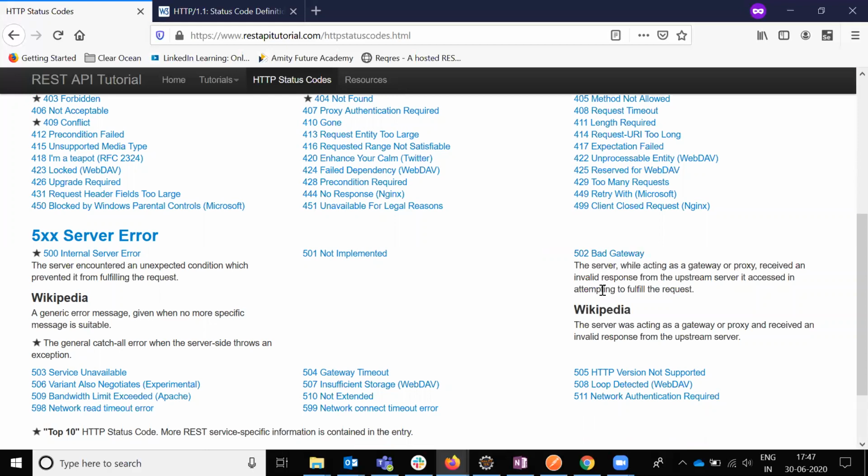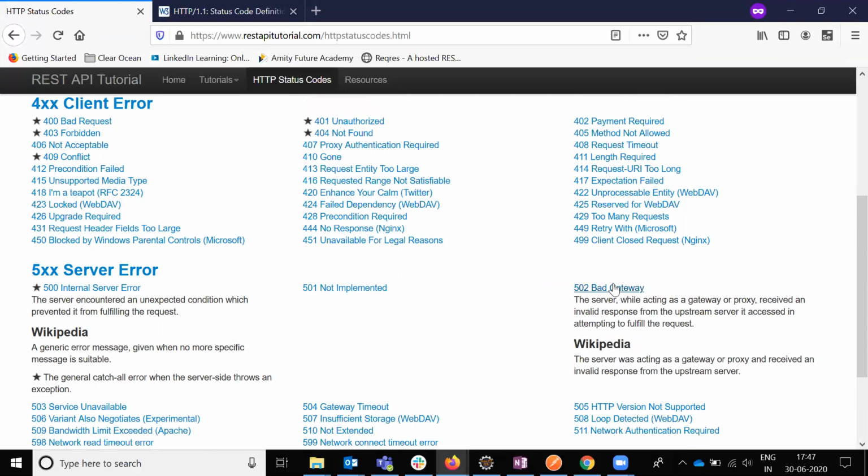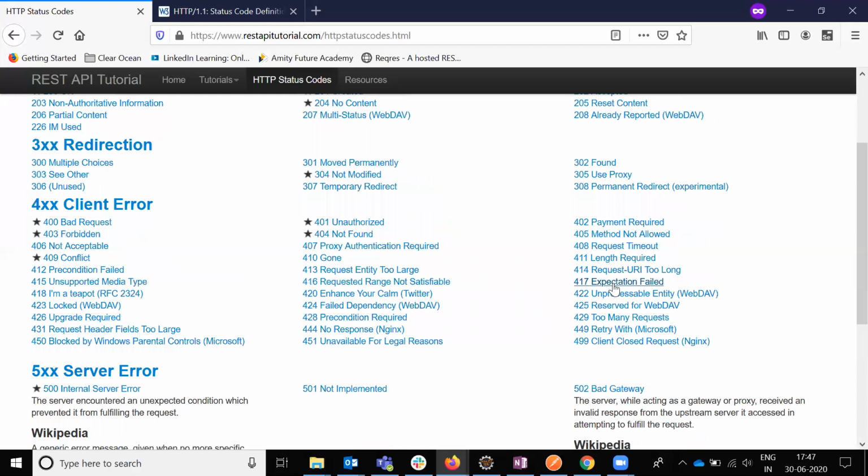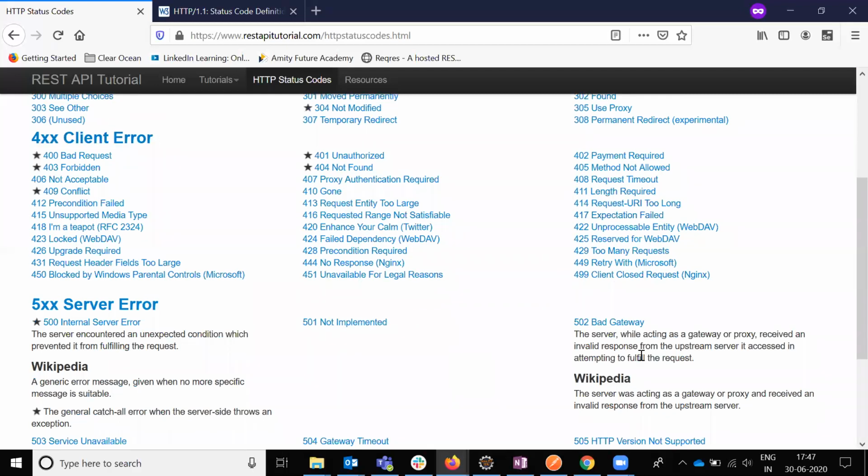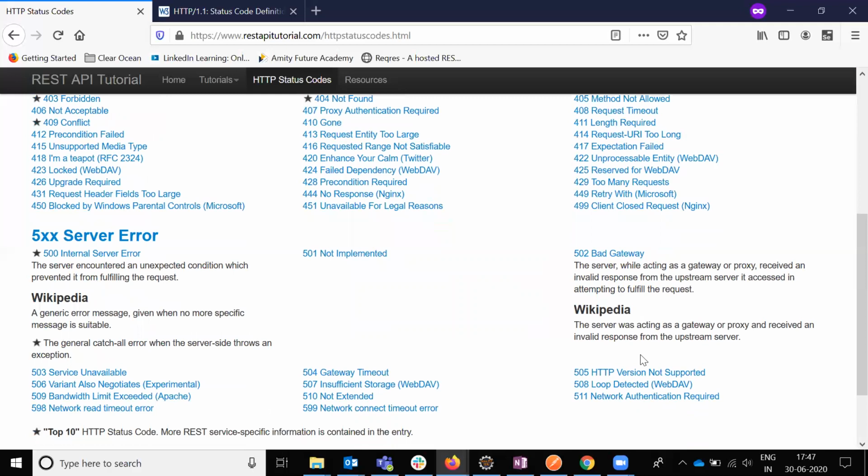Bad gateway and bad request are similar, but bad gateway means the server-to-server proxy is not allowing it. Like, you are hitting here, and the company has some proxy, and some other company has the same project but a different company is working on that. But at that time they are using proxy levels, right? That proxy is not allowing access to the other company's URL. Then it will show the bad gateway.